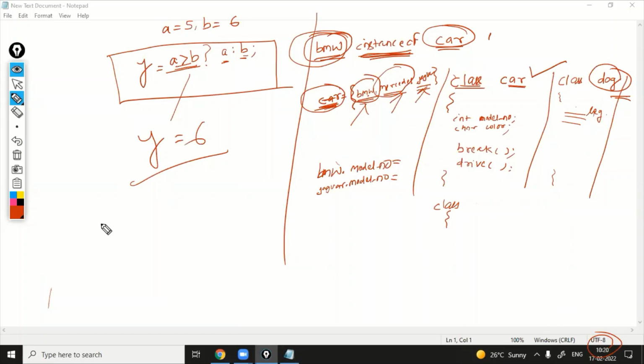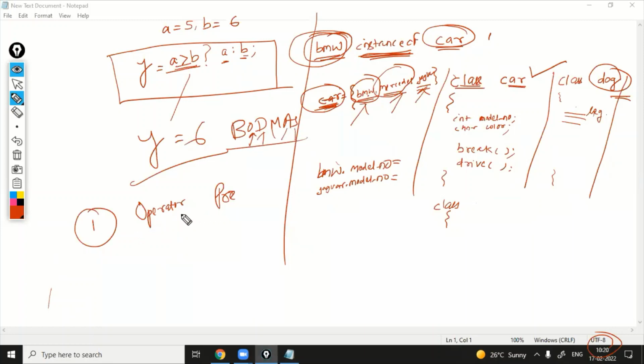Another thing, one task I am giving to all of you: operator precedence. Go to a C book or Java book. There you will find operator precedence, meaning which operator gets more precedence. You know the BODMAS rule in mathematics: bracket, of, division, multiplication, addition, subtraction.